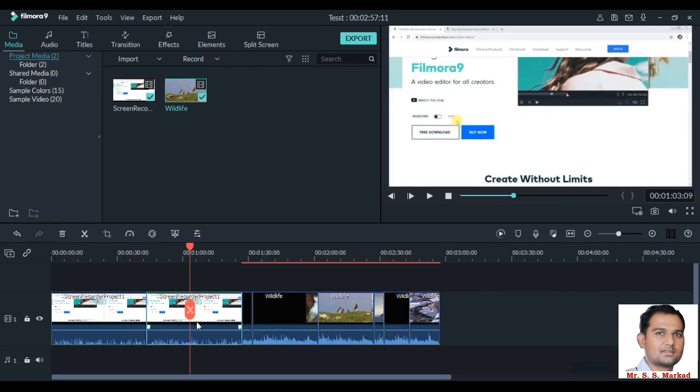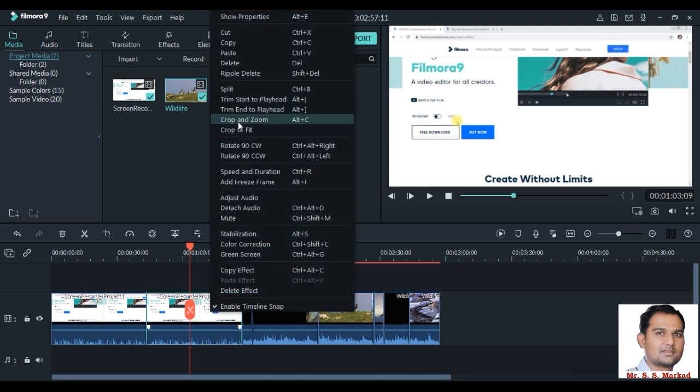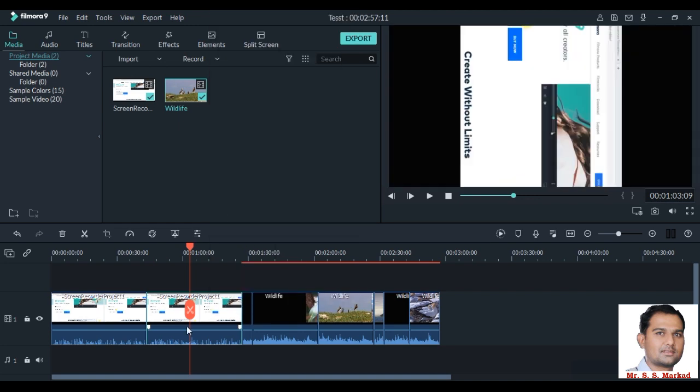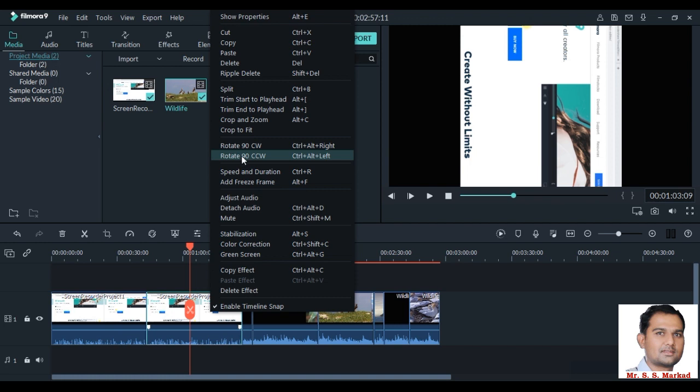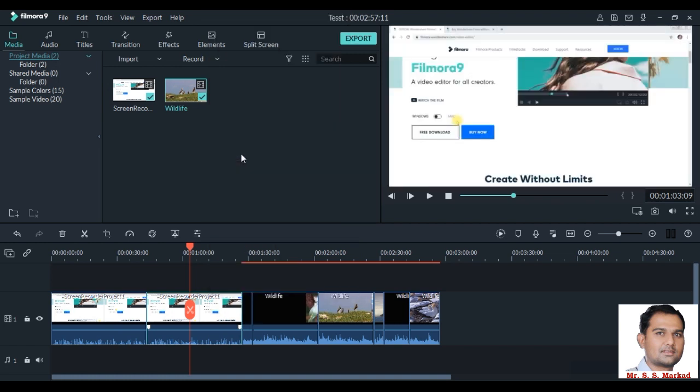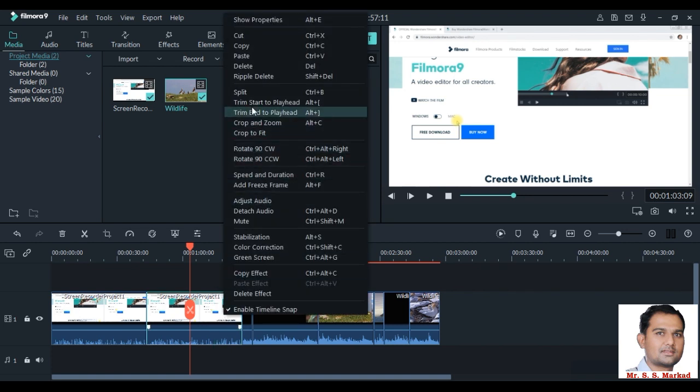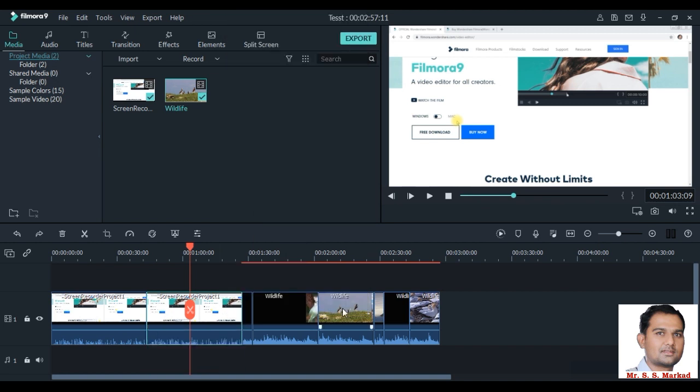If a media file or video file is not recorded or not available in proper orientation, it can be rotated clockwise or anti-clockwise using these buttons so that its orientation will be as per our requirement. Video and audio from the same video file can be detached for separate processing.